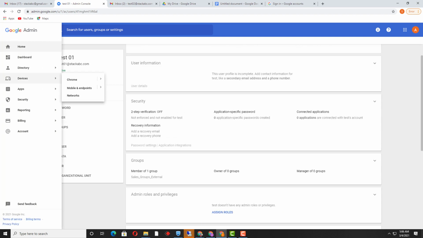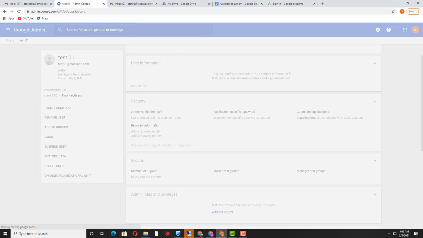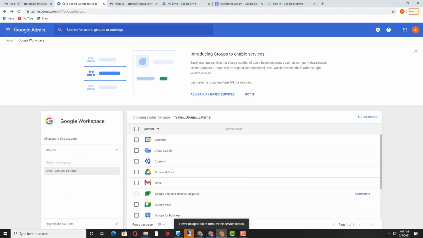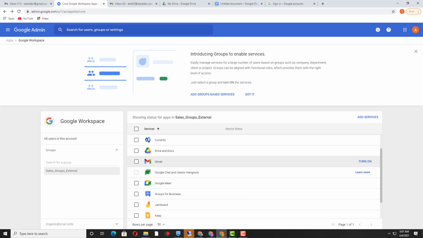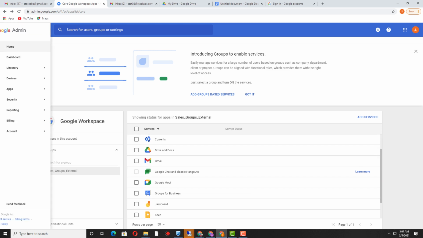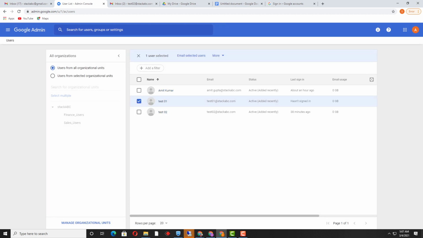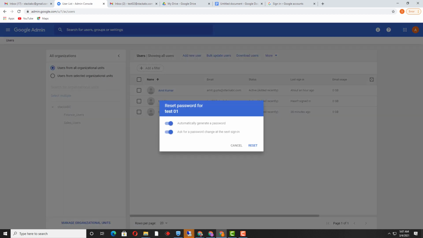So I need to go to Apps again and Google Workspace. Here I am going to select Drive and Docs, add groups based services. Once you click on add groups based services, all the groups will be visible over here. So you need to select the group. I selected this one. Now I will log in with the test user and see if the services have been blocked. I am going to change the password because I forgot the password of this account,